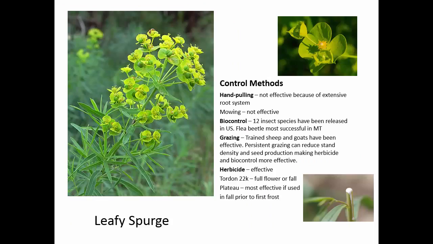Third one was leafy spurge. Did you guys get that one? That ugly color that turns over there, the hillside turns that color every year. If I had to choose one that I didn't want to ever have on my property, I think this would be it. Hand pulling is not an effective way of doing it unless it's a very young plant, because these guys are able to put very extensive roots down in the ground.